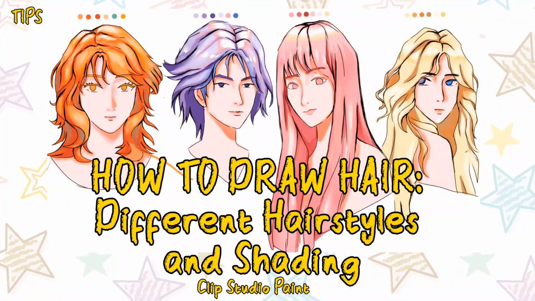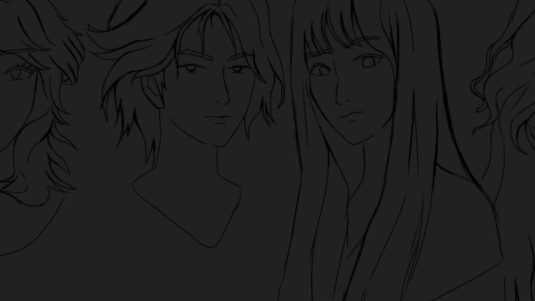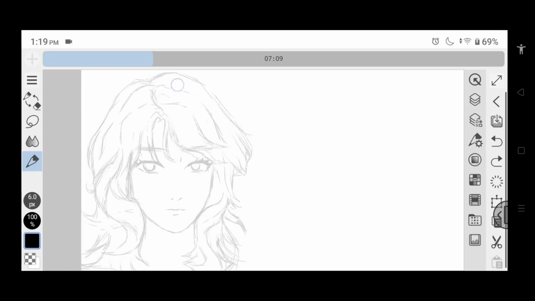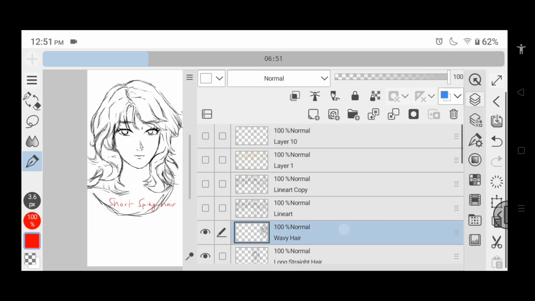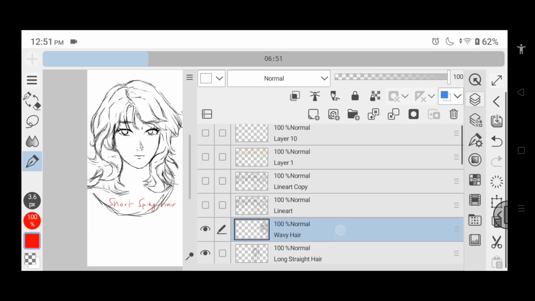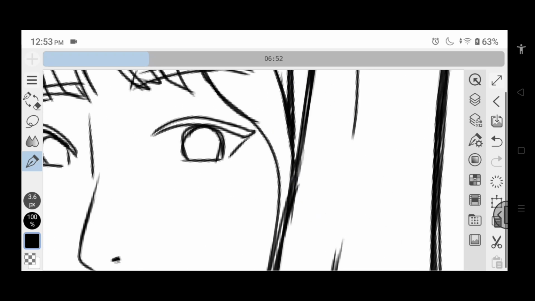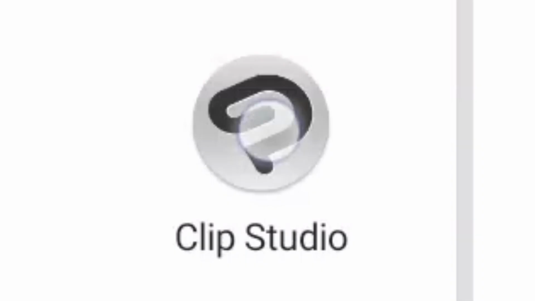Hello everyone, today's session is all about something that brings characters to life: hair. I'll show you how to draw different hairstyles, how to use guidelines, how to shade hair properly, and how to set up your layers in Clip Studio Paint for a clean, professional result. So let's dive into how to draw hair, different hairstyles and shadings using one of my absolute favorite art apps,